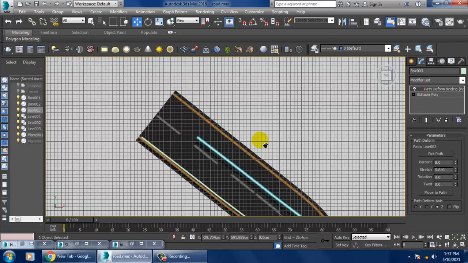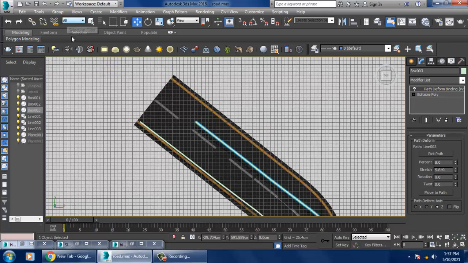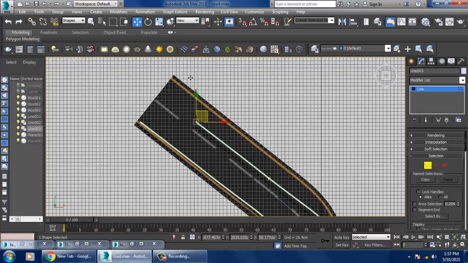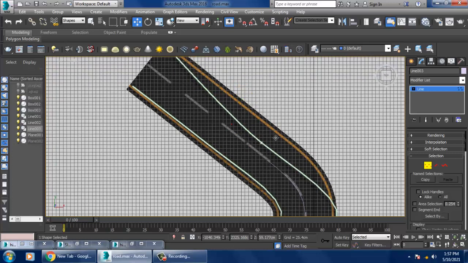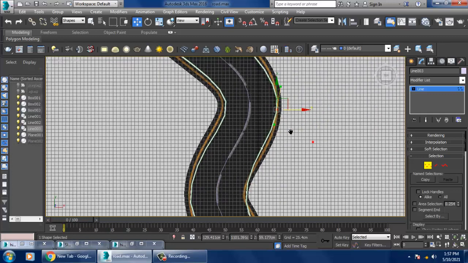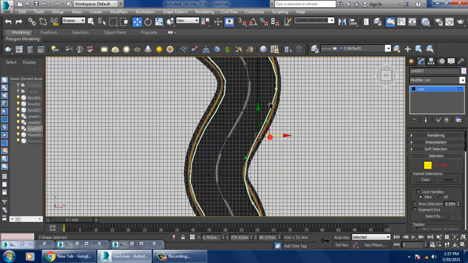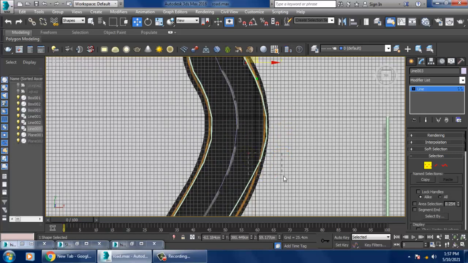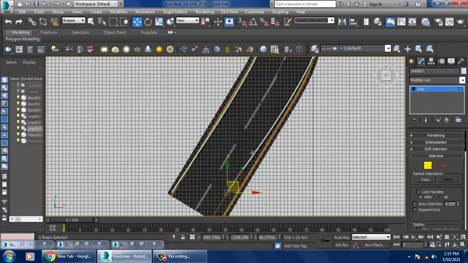I'll just select the path over here and shuffle this in this way. So as you can see how I am just adjusting this for creation of this particular row.